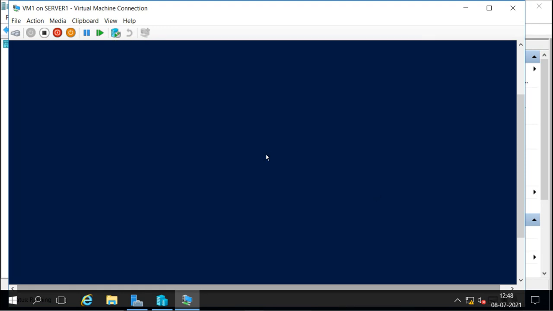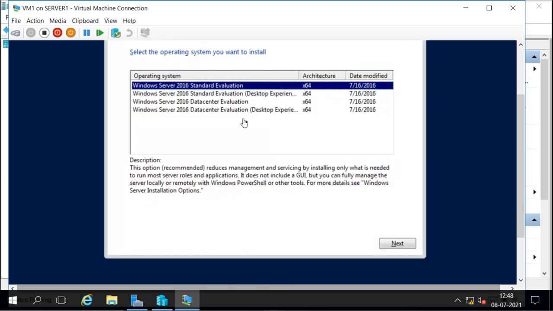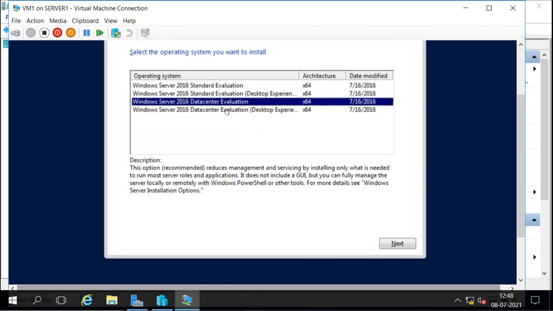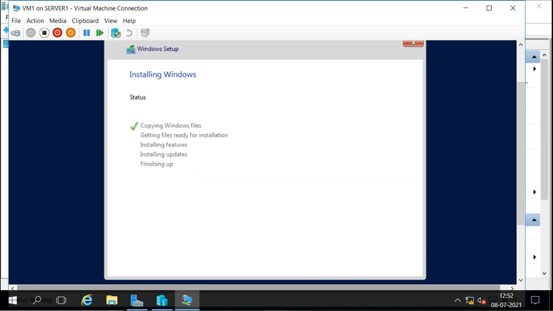Okay, so I'll go for data center. Now I have started the installation, and when we update anything here, it is going to be updated on the replica server also. Like we have now installed this, so it is also going to update there.